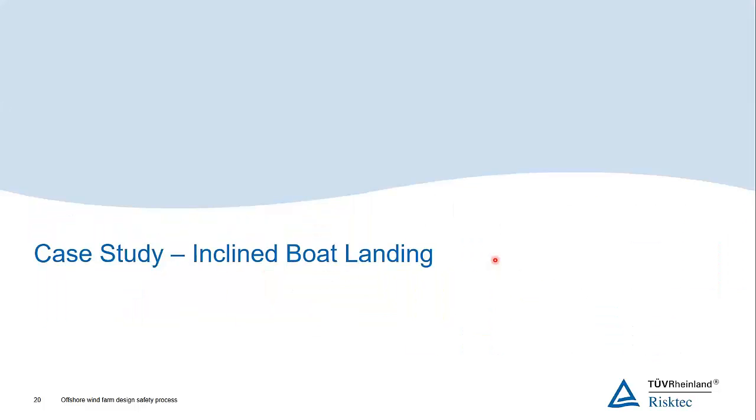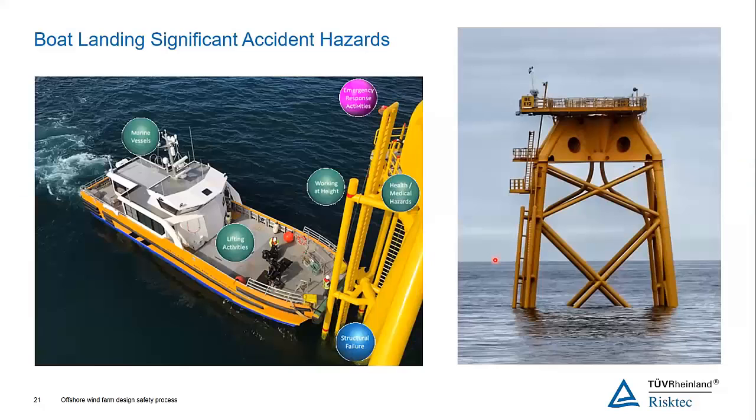So I'm going to just move through to this incline boat landing example, and as you can see from this diagram, we've got quite a tall structure, so you have working at height as a risk, but there are quite a lot of interacting elements going on here. So you have the vessel itself and hazards associated with that, which links into potentially structural failure. The vessel could impact the boat landing structure and cause damage to it, potentially, or